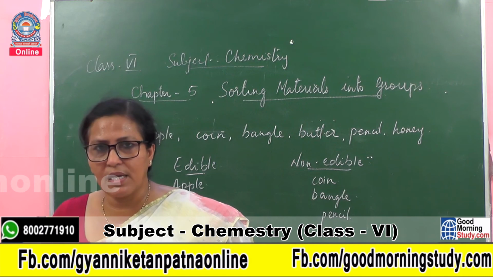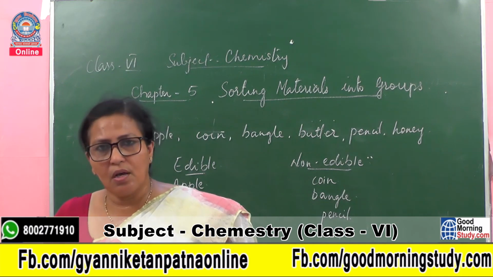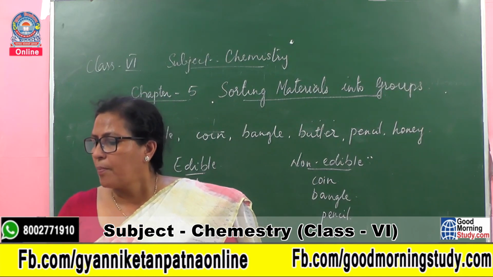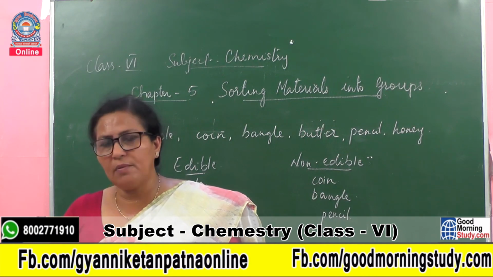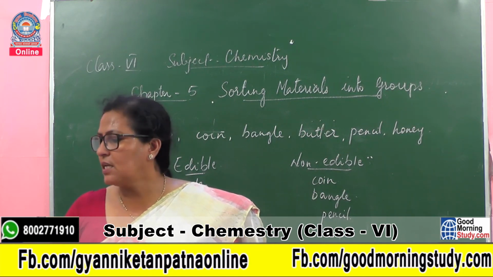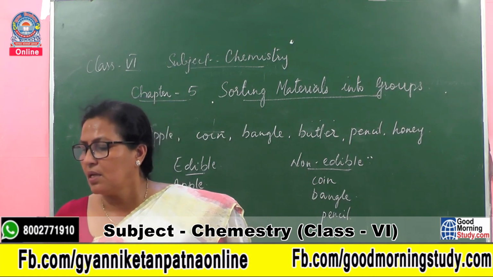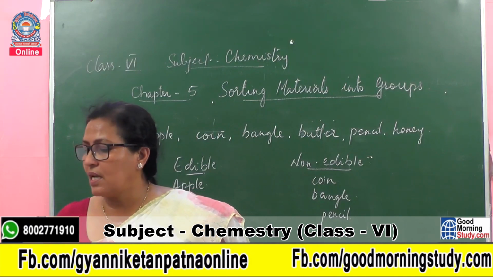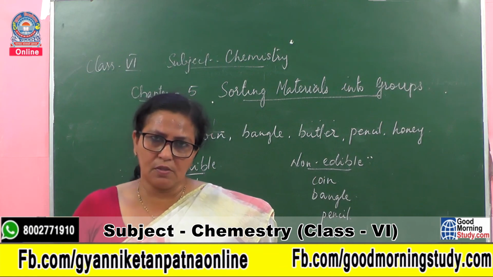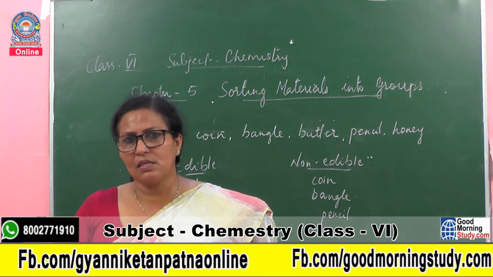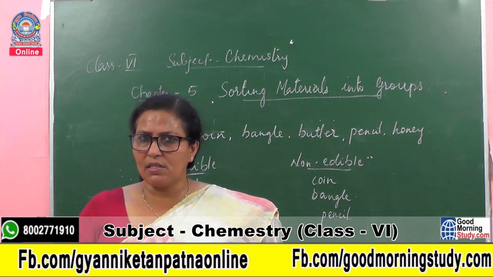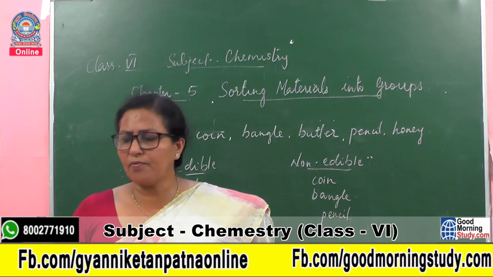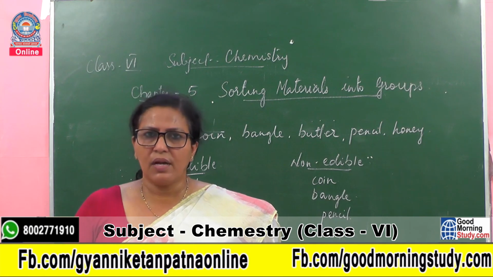Why do we need to classify things? What is the use of sorting? How will it help us? So the materials around us have different properties such as roughness, luster, hardness, transparency, then solubility, flotation, attraction towards magnet, conduction of heat and electricity. So all these are some other properties: hardness, softness, heaviness, lightness, solubility, insolubility, attraction towards magnet, then conduction of heat and electricity. So on the basis of this also the things can be classified or separated.